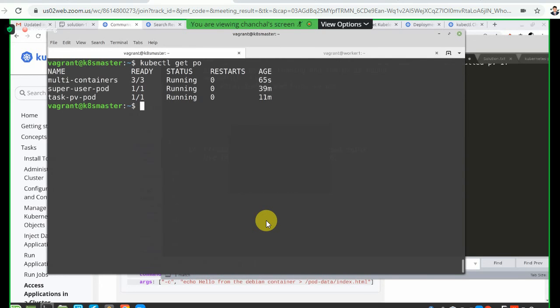It is running. Okay, so multi-container is running. So you can see 3 and 3. What is this? This represents that there should be 3 pods and there are 3 containers, and 3 containers are running inside. So if I do kubectl describe